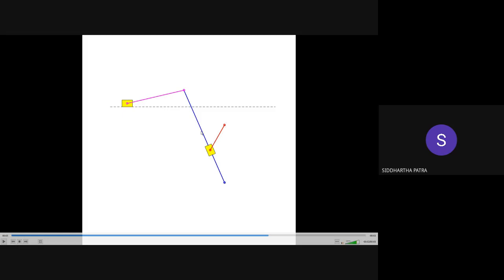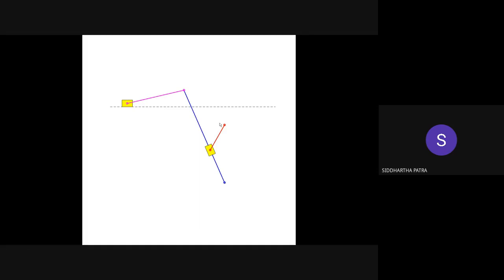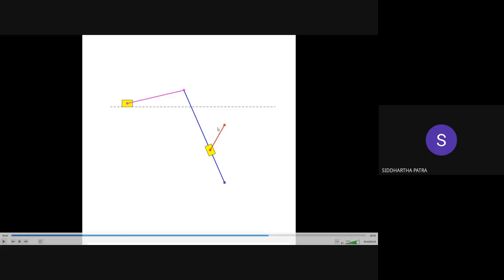The maximum forward it can go is when this red line is normal to this blue line, and the maximum backward it can go is when the red line is normal to the blue line in the opposite direction. But that gives an angle much smaller than 180 degrees, which makes the forward stroke higher than 180 degrees. If the crank rotates at a constant rate, the forward stroke takes a larger time, allowing the material removal to happen over a longer period, whereas the return stroke is quite fast.